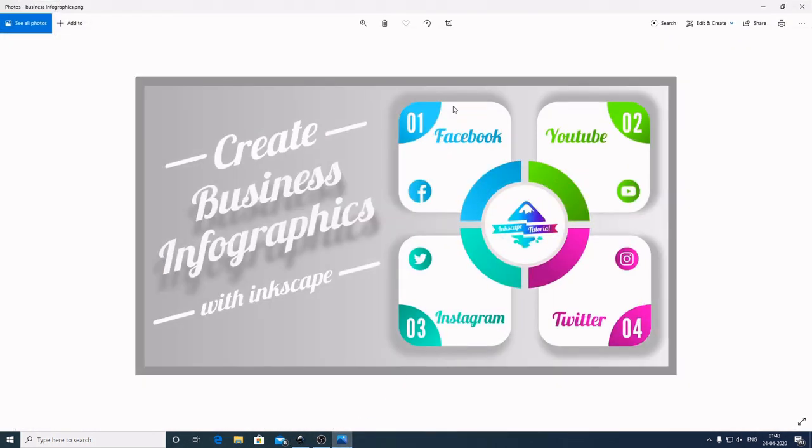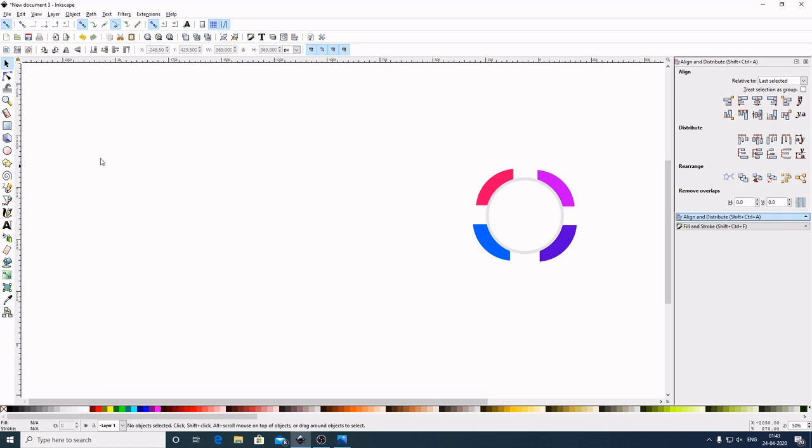Now I will zoom out a little bit, bring this here. Now we will create this square section. Come here to Inkscape. Now select this one, create rectangles and squares. Now create a square like this. Now by holding Ctrl and Shift on the keyboard, draw a perfect square. Select this one, bring this down.